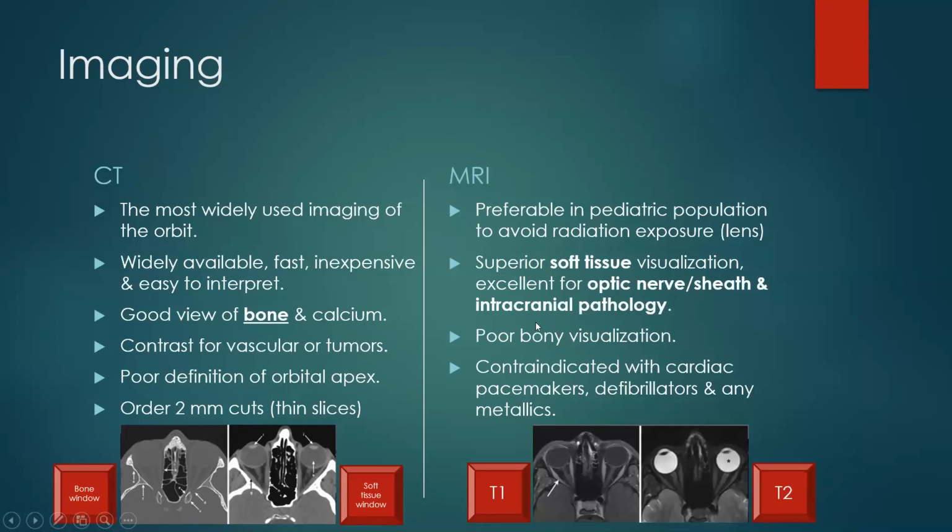MRI is preferable in the pediatric population to avoid the radiation exposure, which is more risky for the lens. It has superior soft tissue visualization, and it's excellent for optic nerve and optic nerve sheath and intracranial pathology. But it has